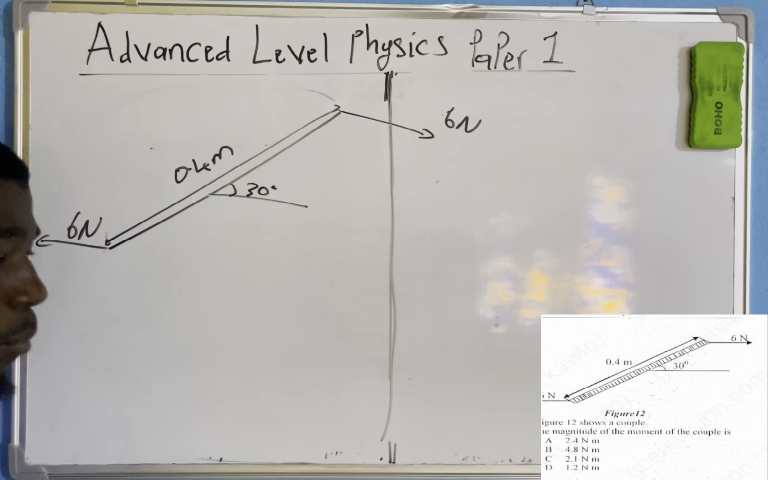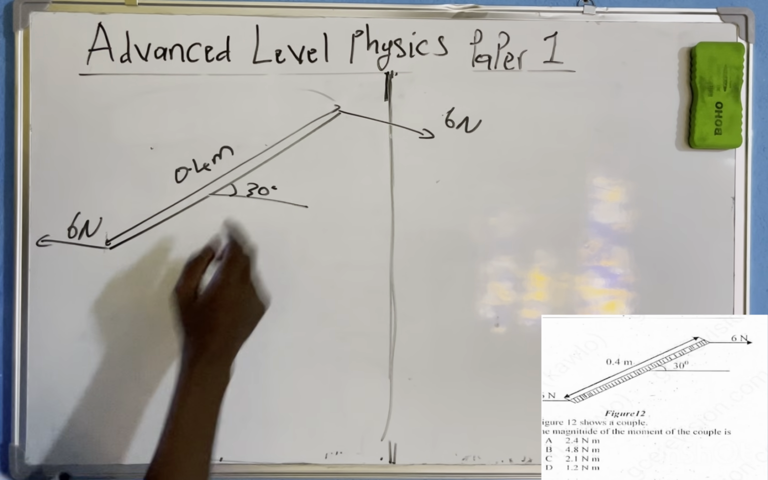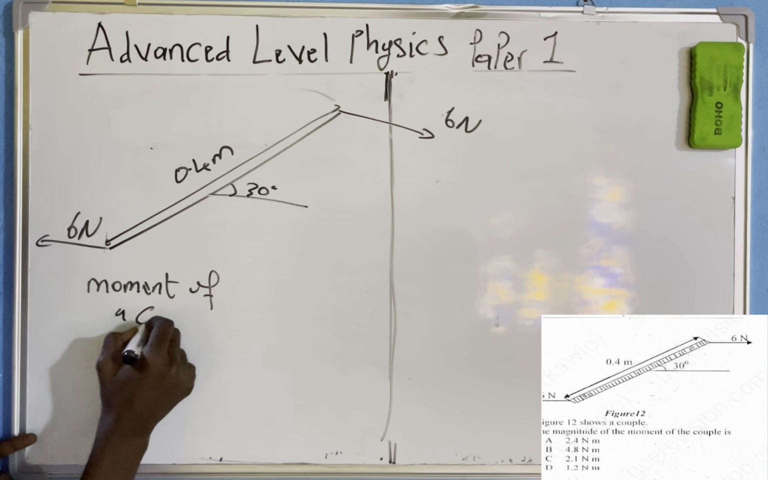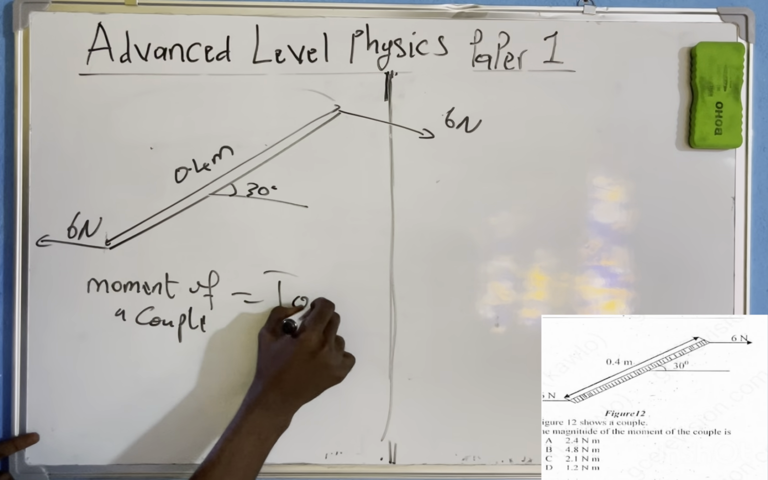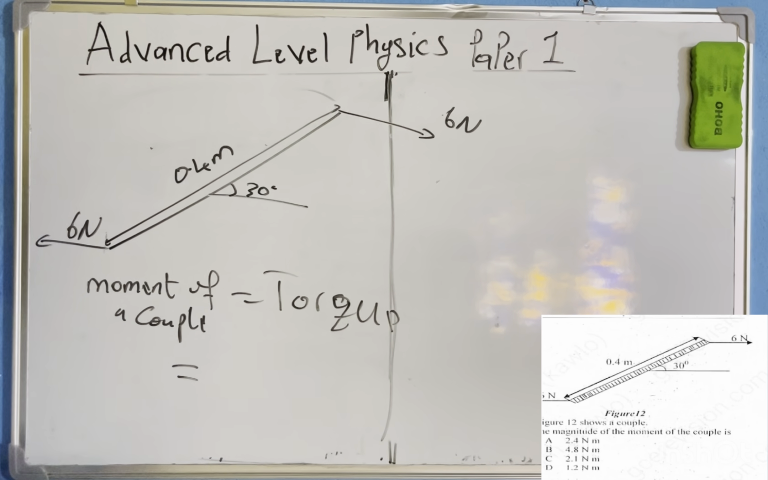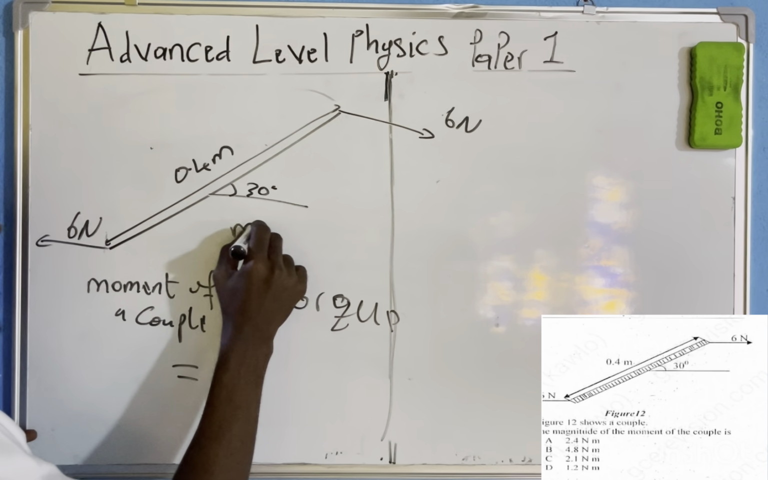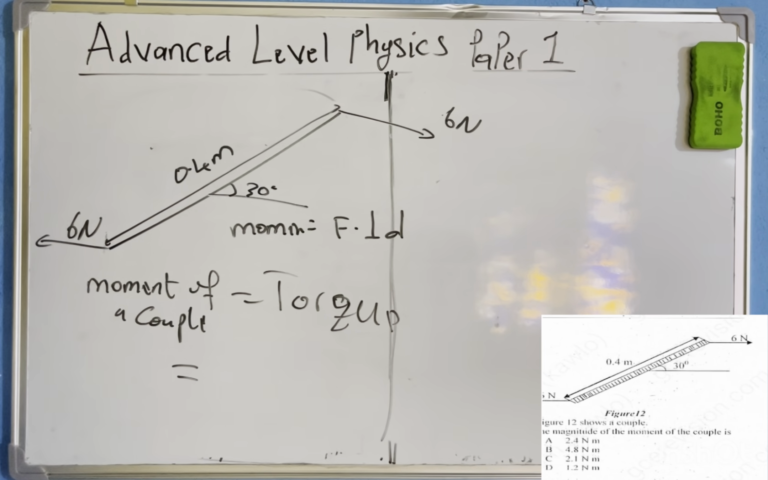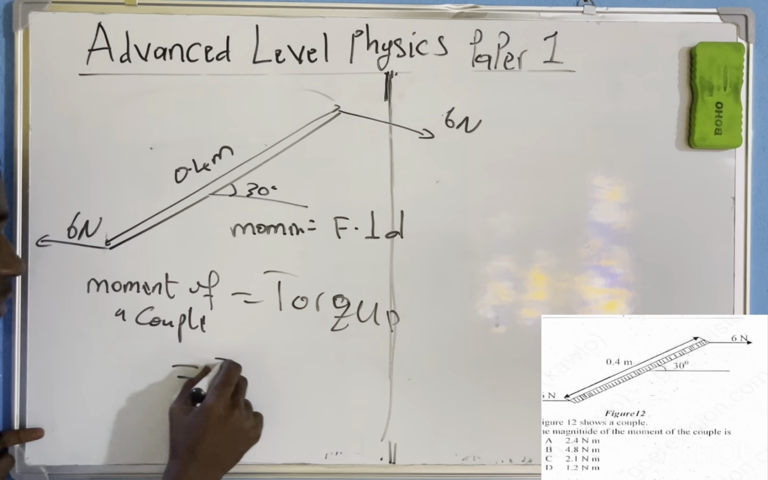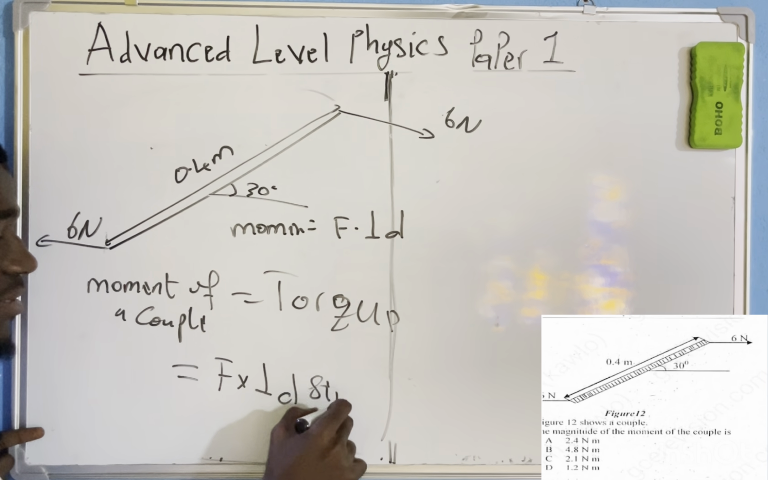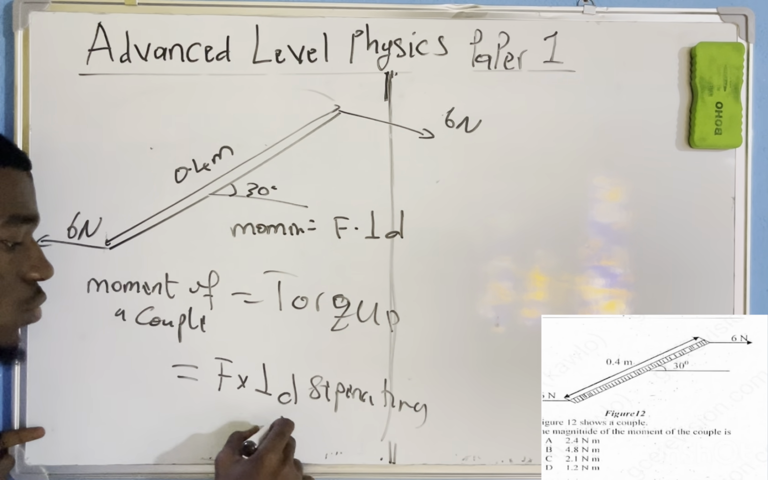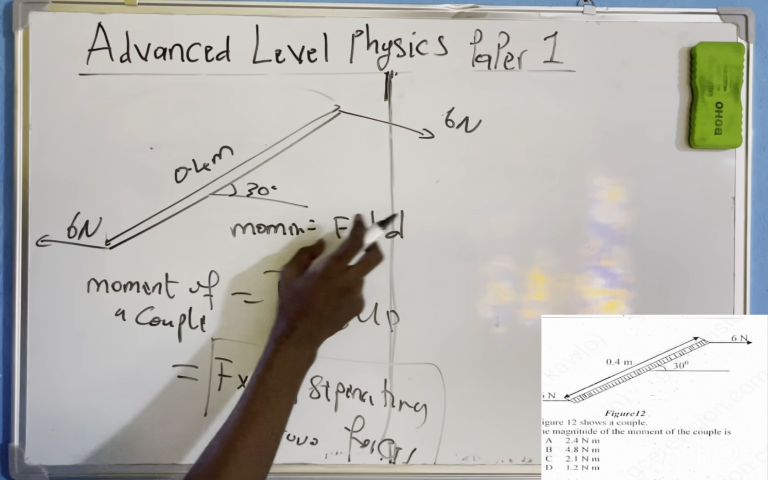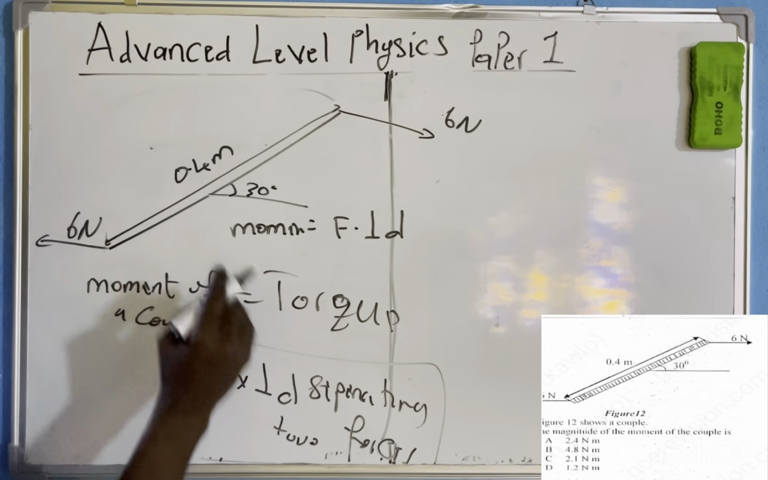They're asking the magnitude of the moment of the couple. The moment of a couple is the same as calculating the torque. And that formula is given as what? Very easy. We all know that moment is the force times the perpendicular distance from that force to the pivot. But a torque is the force times the perpendicular distance separating the two forces. So there is a difference. The distance for a moment is from the force to the pivot, but here it is the distance separating the